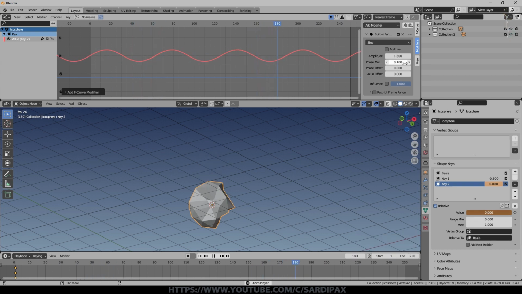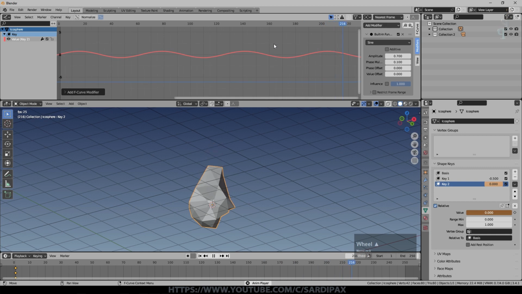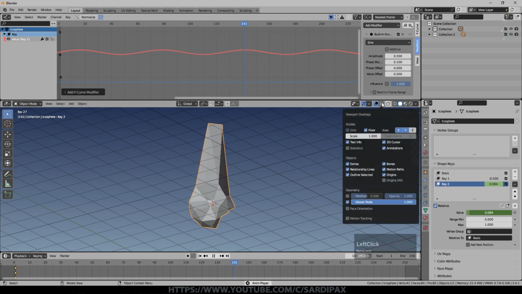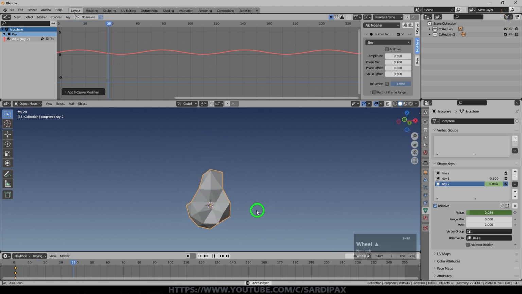And I think this sine wave is actually way too big at the moment. So I'm going to actually make it smaller, and then we'll be able to see the sine wave element of it a little better. And also you can see that we're not using the negative part of the sine wave because it stops as soon as it gets to halfway down. So we can change that by adding an offset. You can see I've gone too far there. So there we go. So I've got an amplitude of 0.5 and a value offset of 0.5. So as the range is 0 to 1, that makes sense. And you can see, I turn those grids off, that our object is just varying nicely.